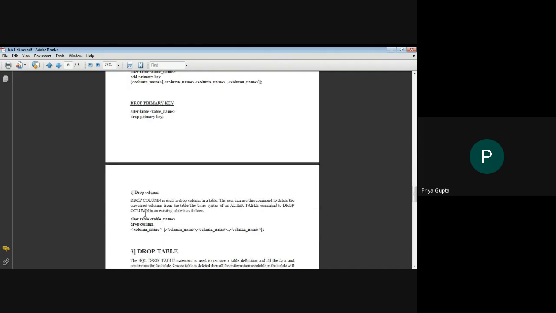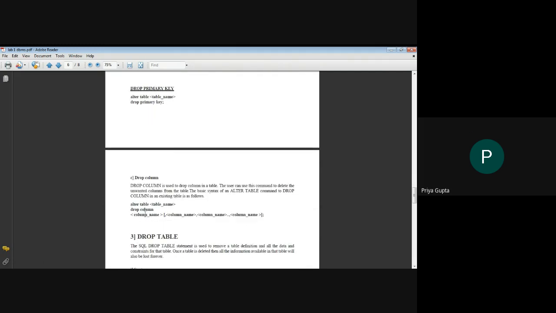Then the third one is drop the column, meaning I want to delete a particular column from the existing table. Then I use the drop command. The drop column is used to drop a column in a table, meaning it will delete the particular column from an existing table. All the data related to that particular column will also be deleted from the database.